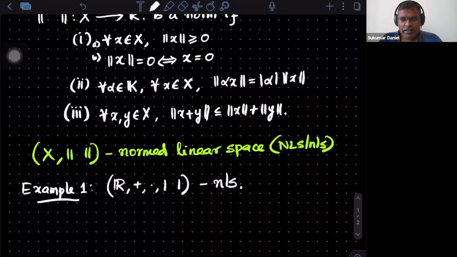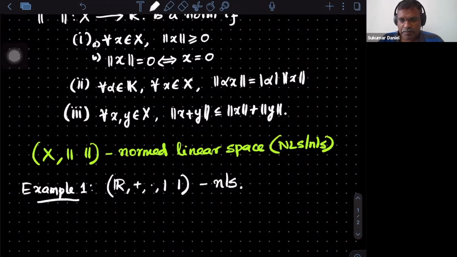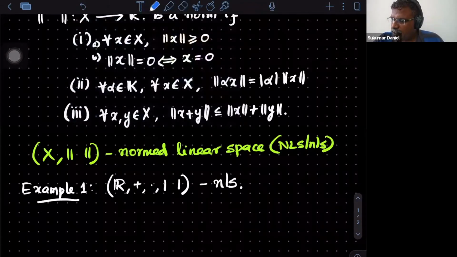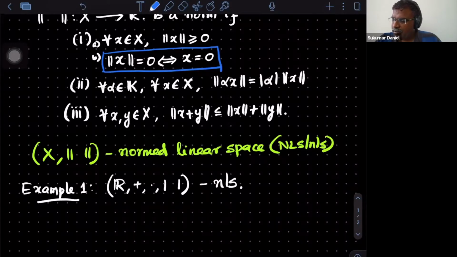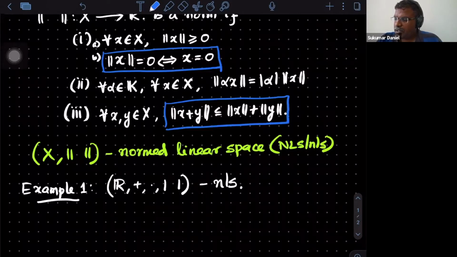So we were discussing that, see, most of the places the real issue is, of course, we need to check all three properties of a norm. Modulus is satisfying the properties of the norm. But in general also, if at all I'm checking something is a norm, the real problem most of the times happens at these places. So checking this and checking this. We have given some names also.